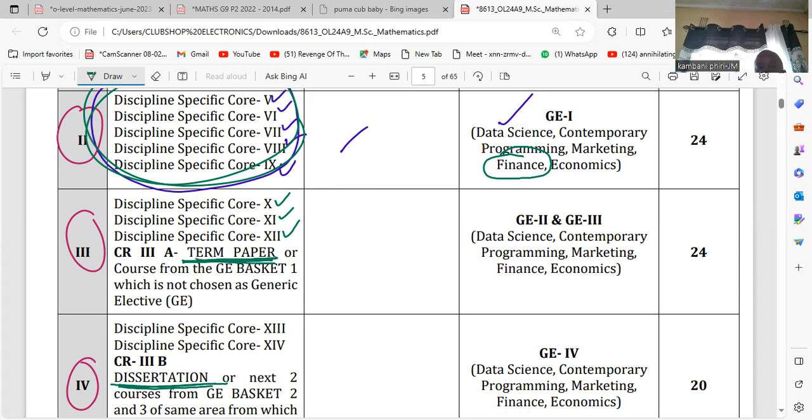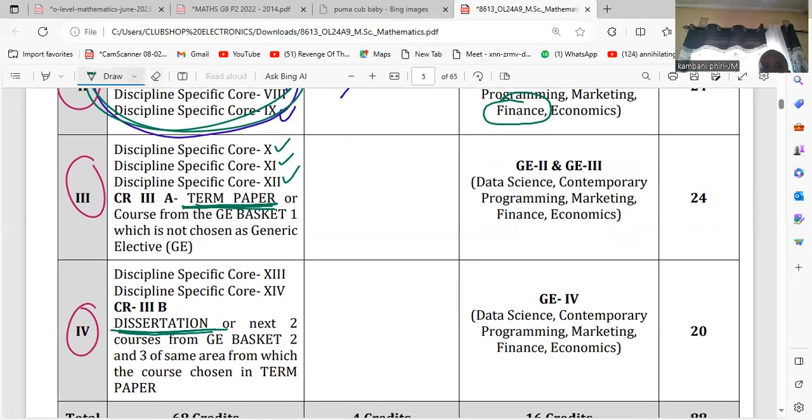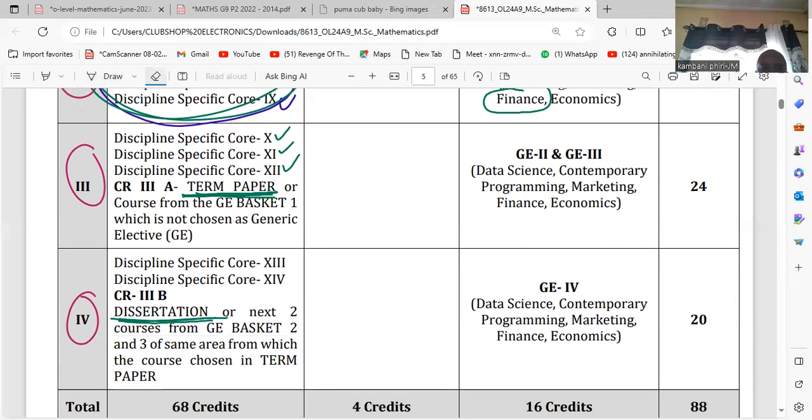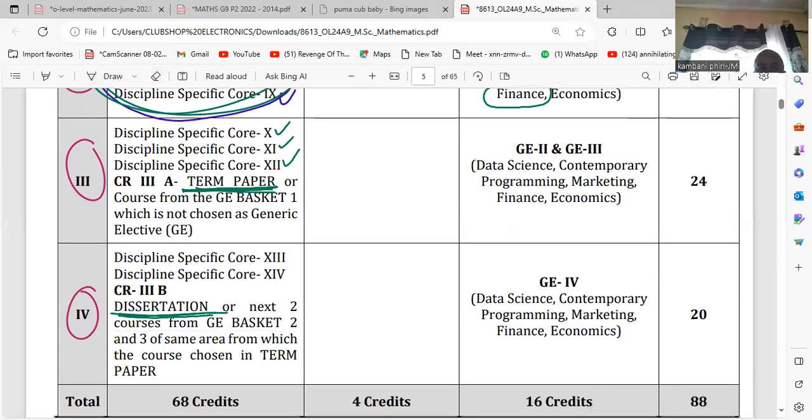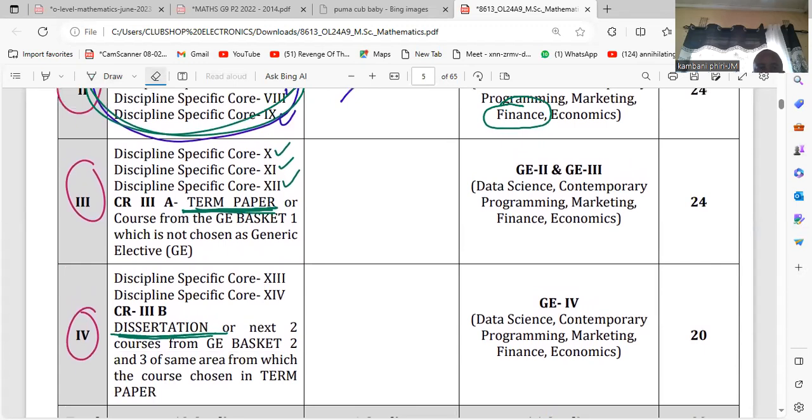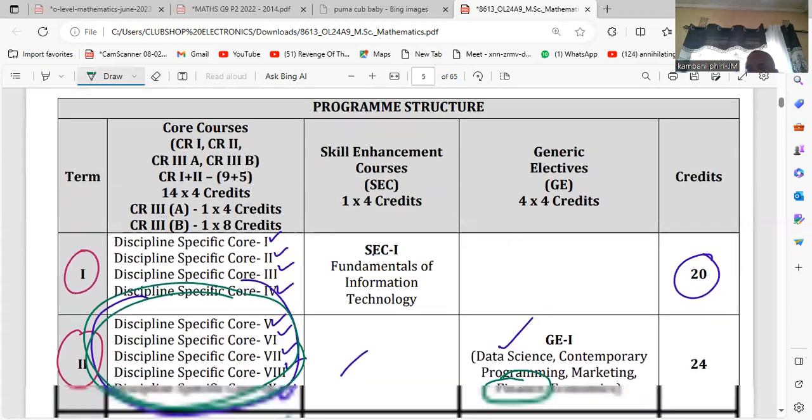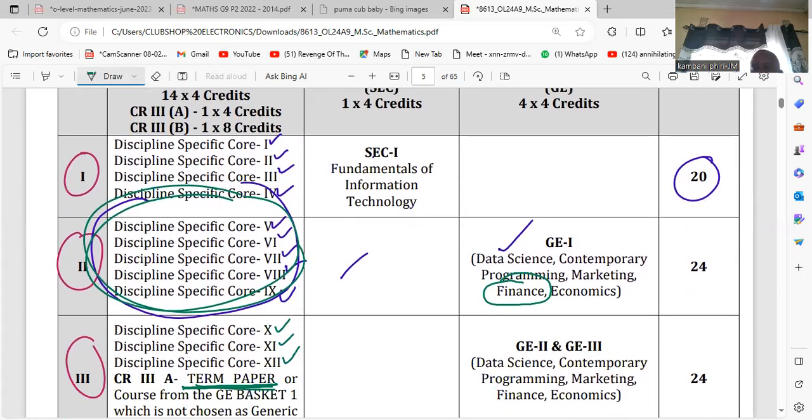But if you don't want to take the term paper, there's an option. It depends on the university and the availability of the teaching staff. But for this university, you do a term paper or a course from the GE Basket 1. So there are courses that are listed. So if, for example, your generic elective is finance,